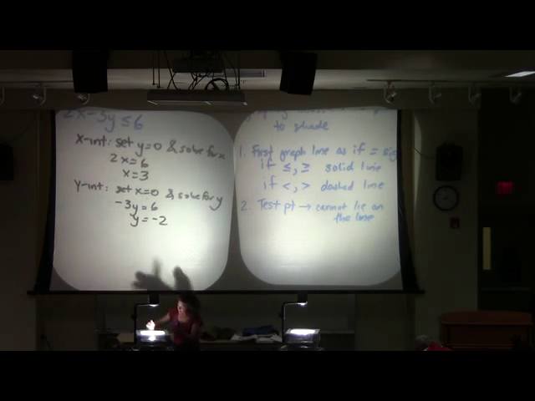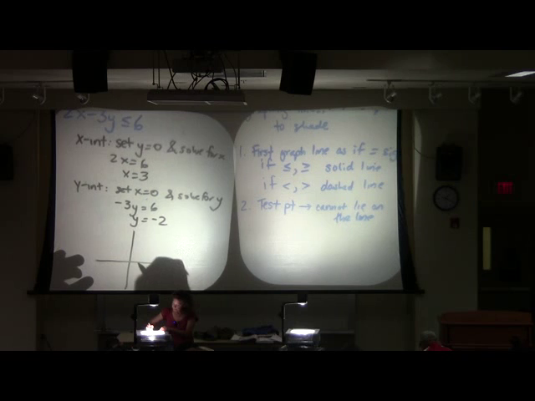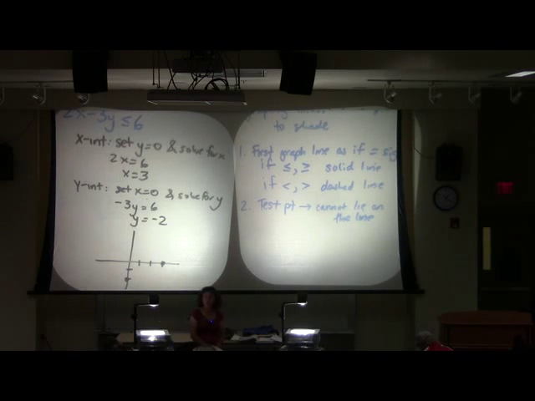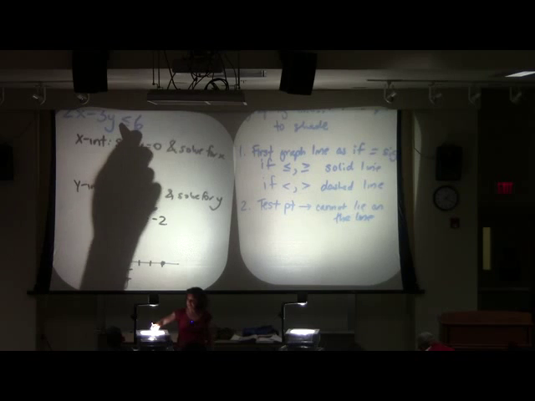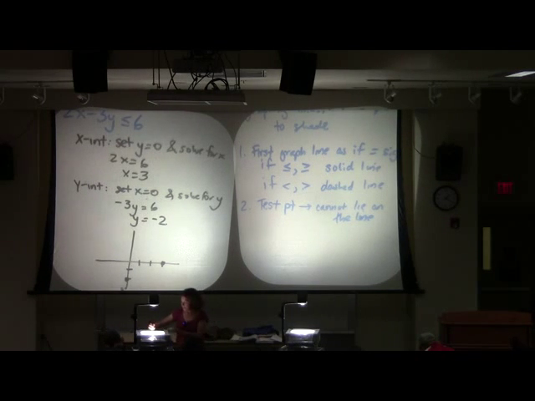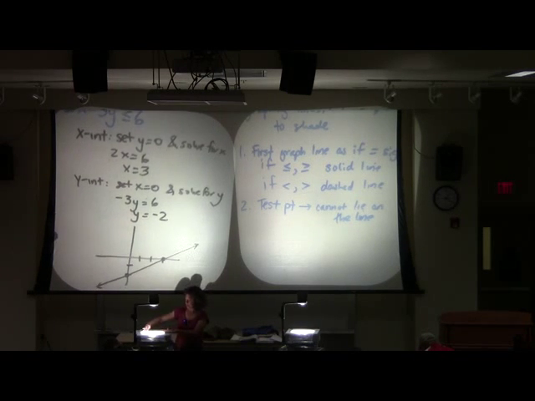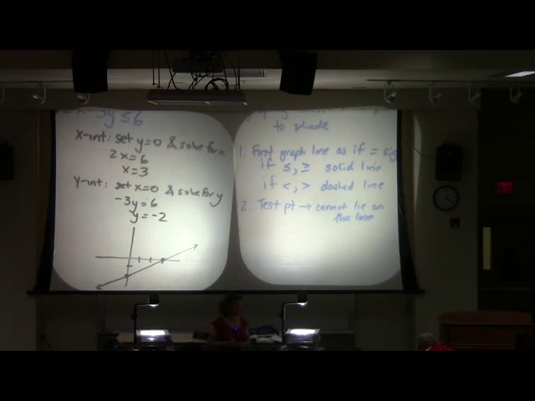All right, so I can graph this line. My x-intercept is 3, and my y-intercept is negative 2. Let me ask you a question. Before I play connect the dots, am I going to connect my dots with a solid line or with a dashed line? Solid. The reason it's a solid line is because I have this equal to. That indicates that we're also interested in the points on the line. Is everybody okay this far with graphing our line?